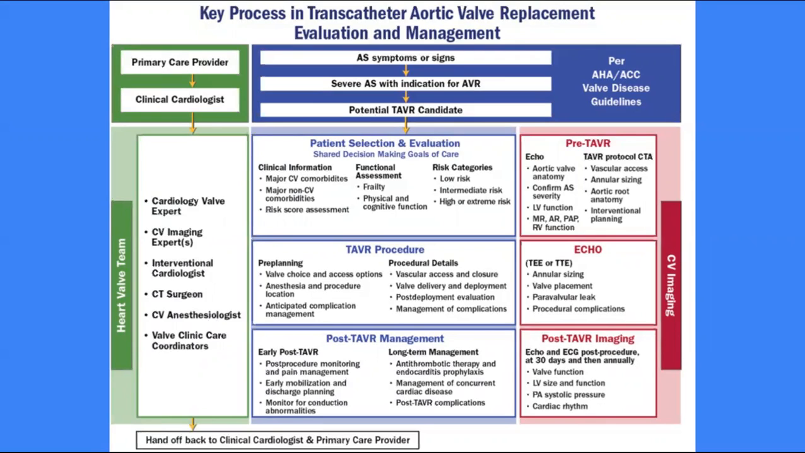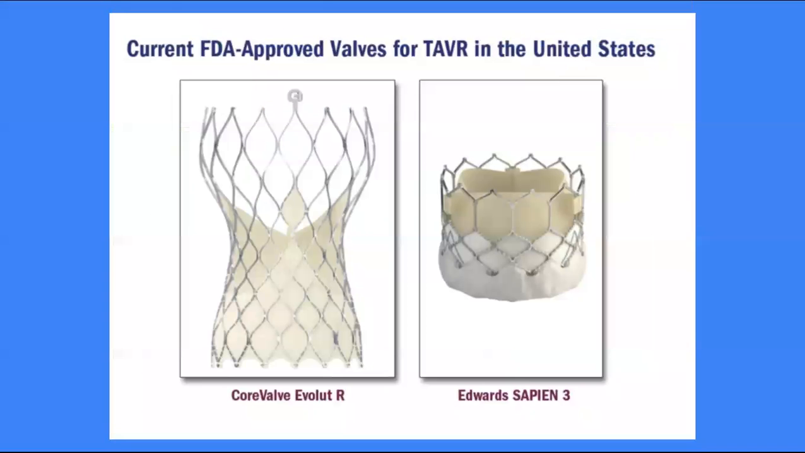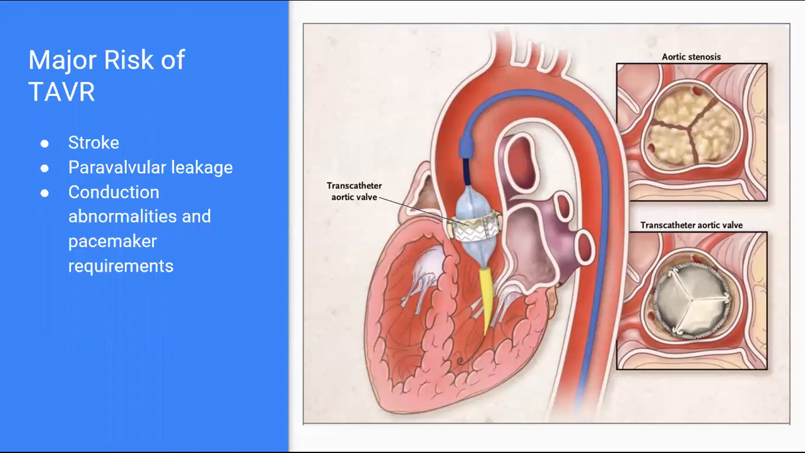And following which they require annual follow-up as well. Okay, current FDA-approved valves, as I mentioned, the Edwards Sapien 3 is the balloon expanding valve that we actually use in our facility over here, and the CoreValve Evolut R is a self-expanding TAVR valve. So major risks of TAVR: stroke. In PARTNER trial 1A, it showed twice the rate of neurological events